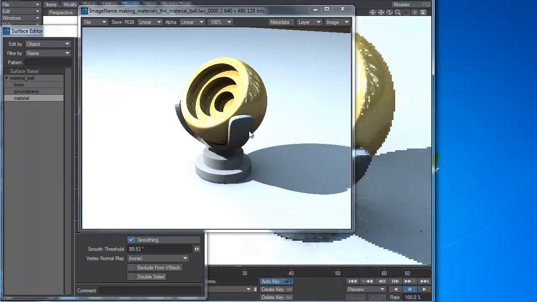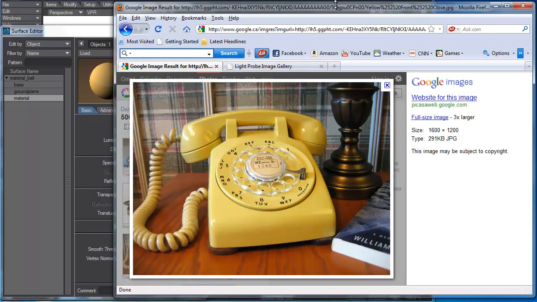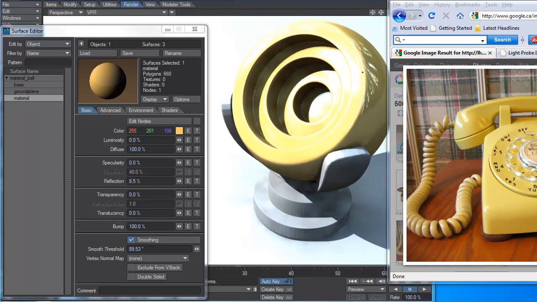So you see that's a much better quality, and you have those nice reflections happening. Now all we need to do is pull back up our telephone image here, push it to the side, and see if we can match it out. If we look carefully at the two of these, the reflection highlights feel pretty good, and the main difference here